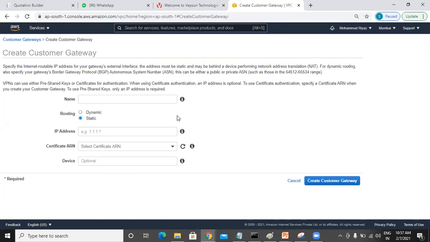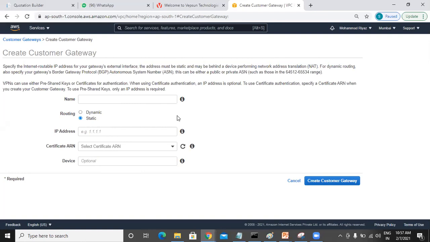Suppose he has around 5 to 10 hops you need to communicate across. At that time they will provide you a prefix ASN number, so that it does the dynamic routing in the background whenever it is communicating from one source to a destination. Static is nothing but directly source and destination.